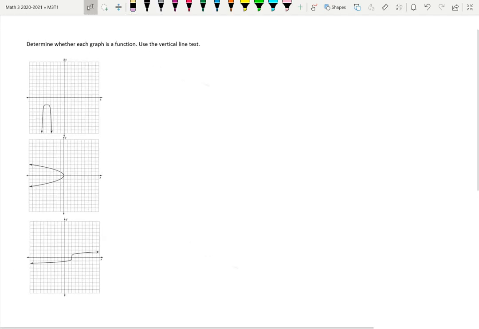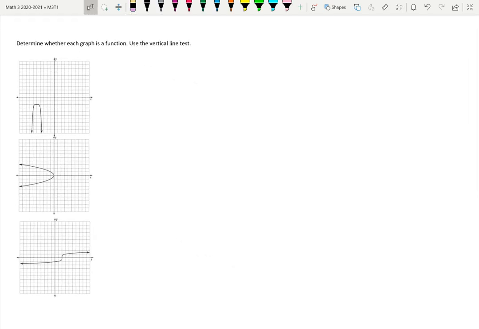Alright, in each situation, I need to determine whether the graph is a function using the vertical line test. I just want to take the opportunity to review a function. A function is usually represented by f of x, function with a variable of x, and it could look like 2x. Now, what a function essentially has is one input